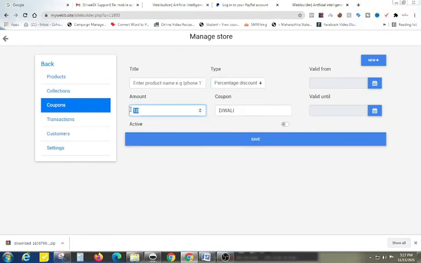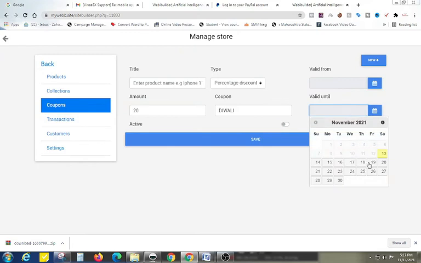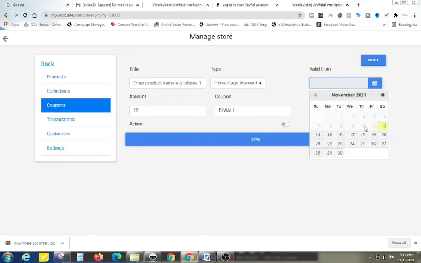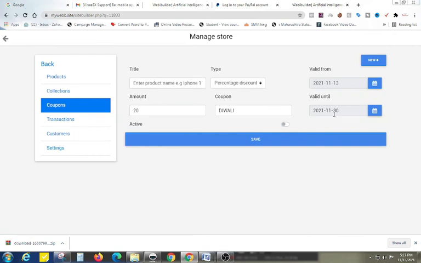Okay, I will give you a 20% discount if someone is using the coupon code Diwali, and this is valid till a date you can write down, like Diwali is in November. I will write down 30th November, and valid from 1st November. So from this date to this date, if anyone uses the Diwali coupon code, then he will get a flat 20% discount.